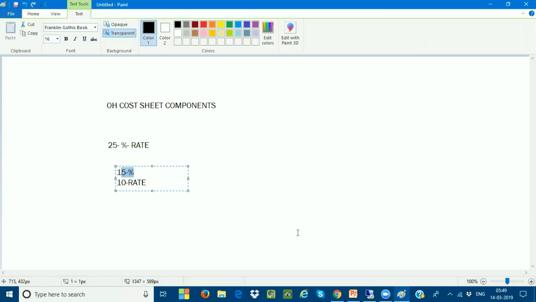I'll go into SAP and maintain the overhead rates, and all this percentage will be credited to your cost center. For the remaining 10, which you are maintaining as a rate, I have to go through the cost component structure, not through the cost sheet, because in the cost sheet we cannot maintain the rate. Only the percentage can be maintained in the cost sheet. So I'll use the template method and maintain these 10 components in the cost component structure. If I go into SAP here,